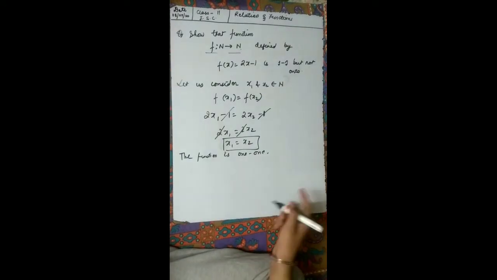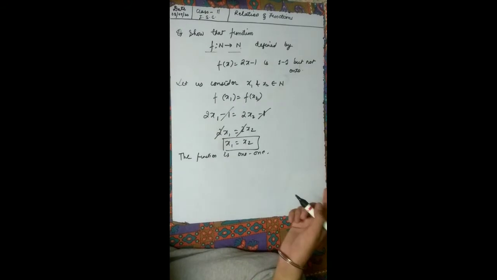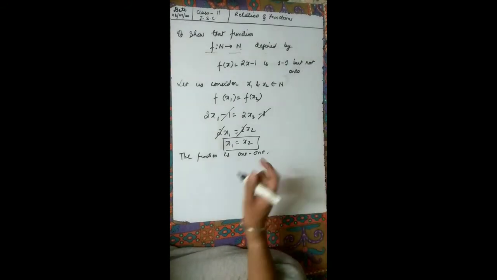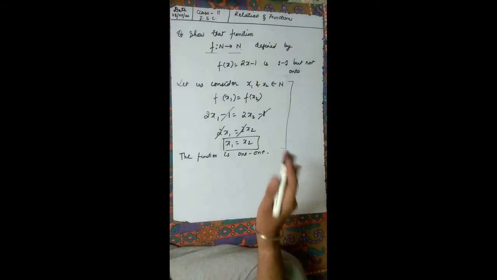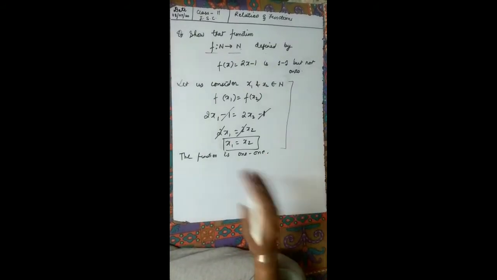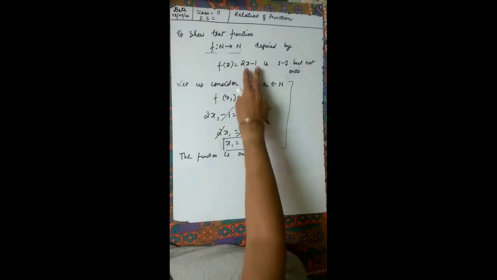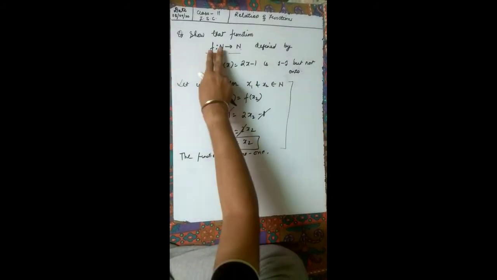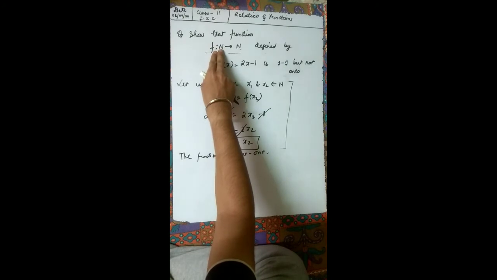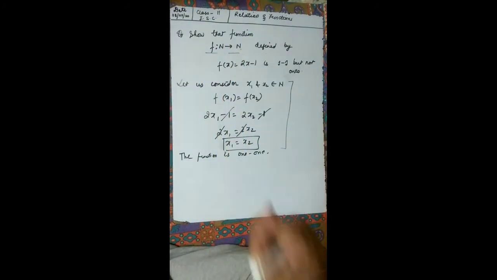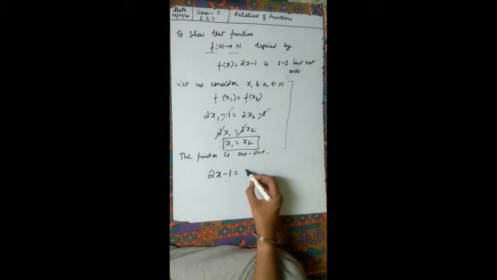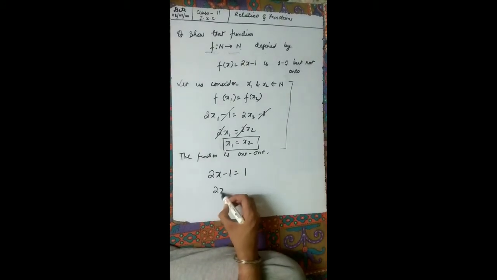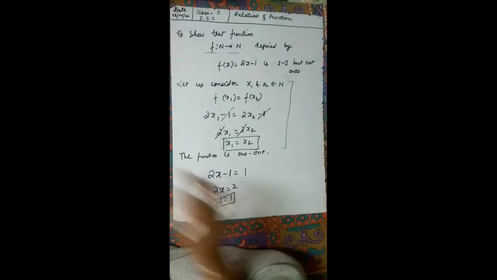Okay, now how to check for onto? For the 1-1 function we have such criteria. For onto, there is no fixed criteria. Actually what we do is hit and trial method in this. 2x minus 1, as I told you, the function will be in the natural number and we should get the natural number as the answer. So if I'm considering 2x minus 1 equal to 1, I'm getting 2x is equal to 2, x is 1. So this condition is satisfied, no problem.